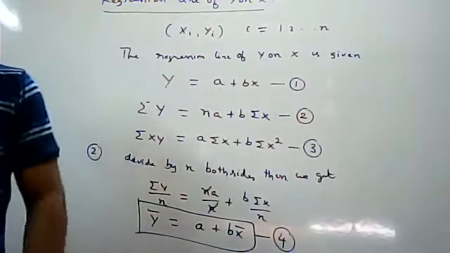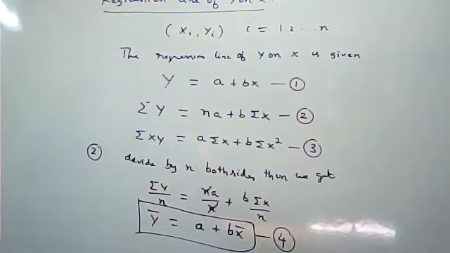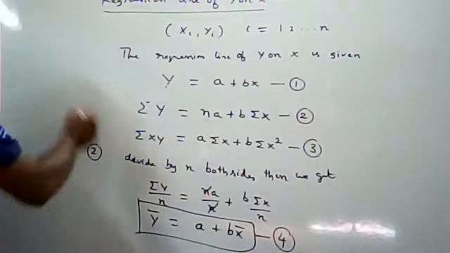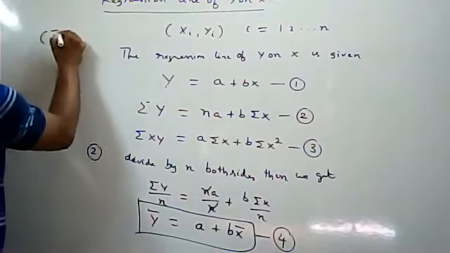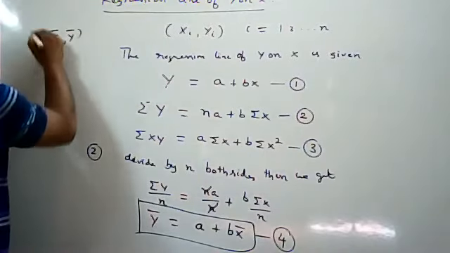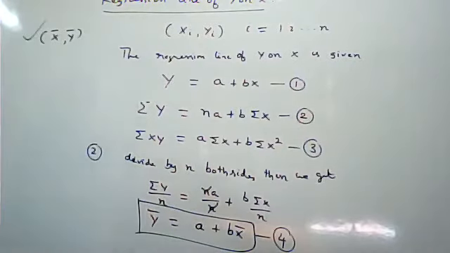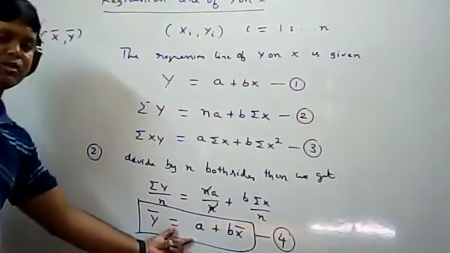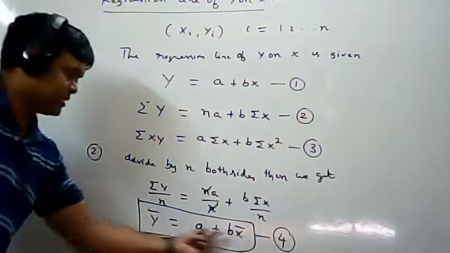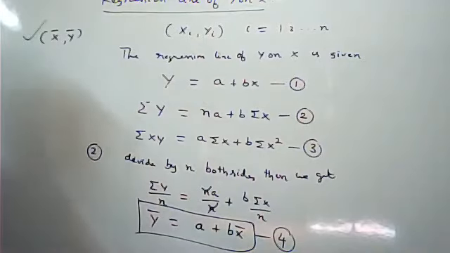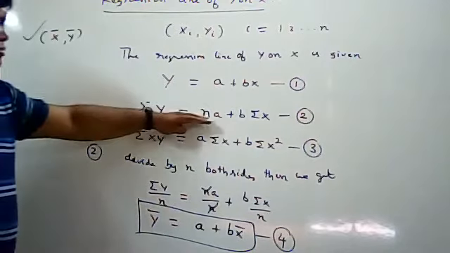So right, next line. Regression line passes through the point x bar comma y bar. So this regression line passes through the point x bar comma y bar, because variables are here. Okay, so now equation 2 is completed.